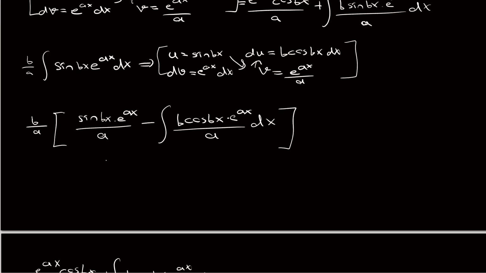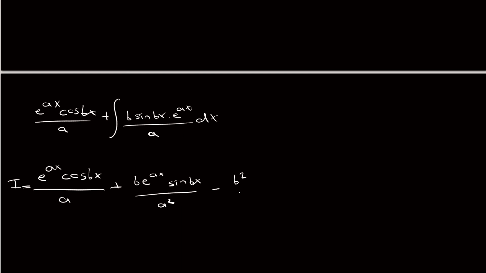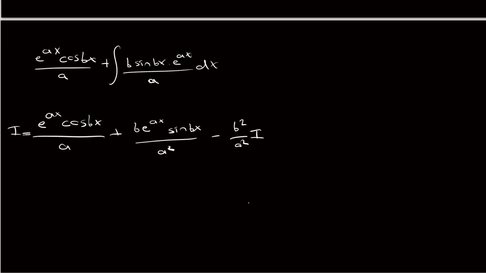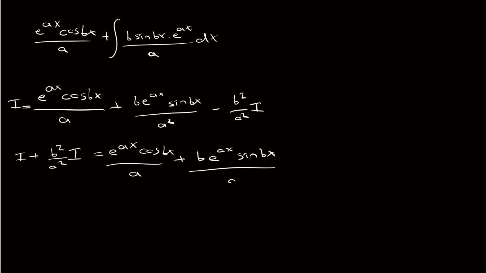And b sine b, okay, a squared minus b squared a squared. B squared over a squared integral. Instead of the integral, I will write I. Now, I will add this term to both sides. I plus b squared over a squared I is equal to e to the ax cosine bx over a plus b e to the ax sine of bx over a squared. This can be written as